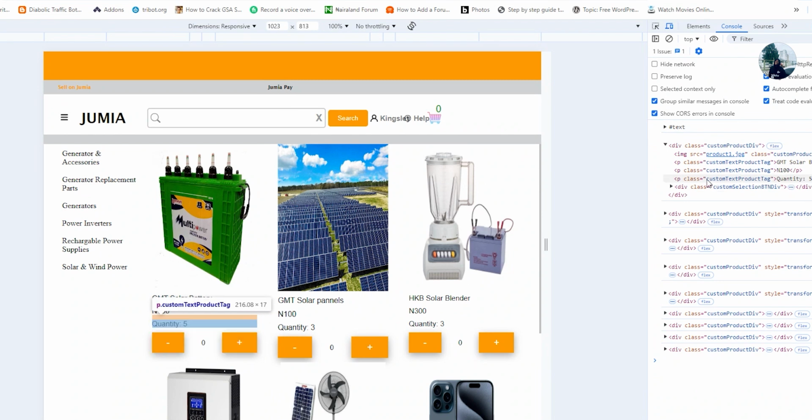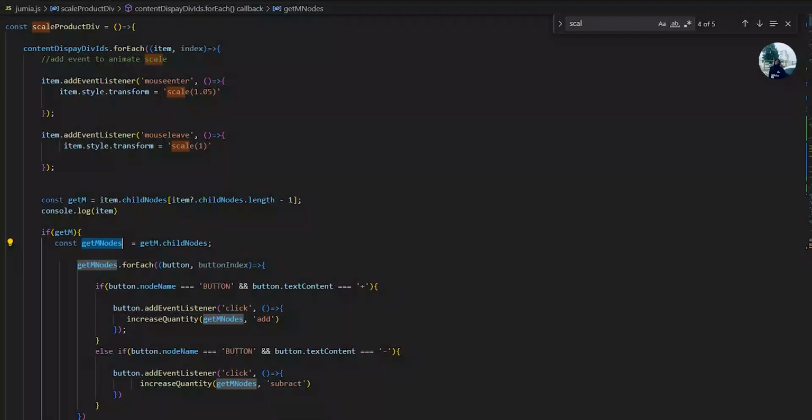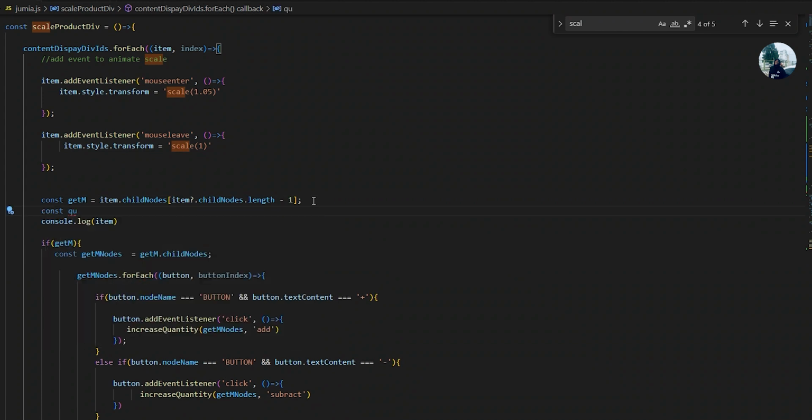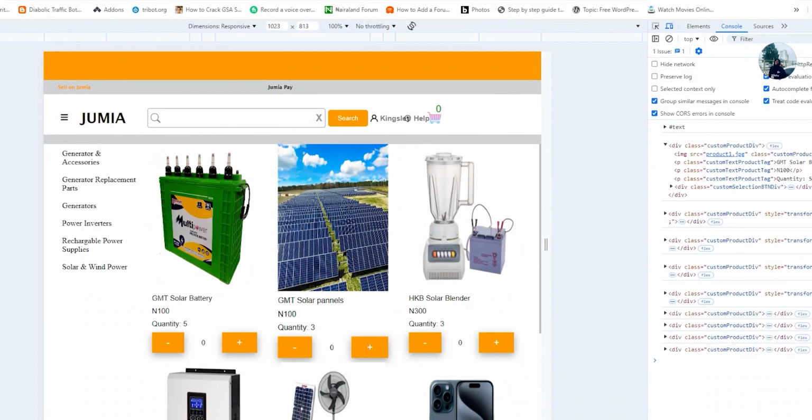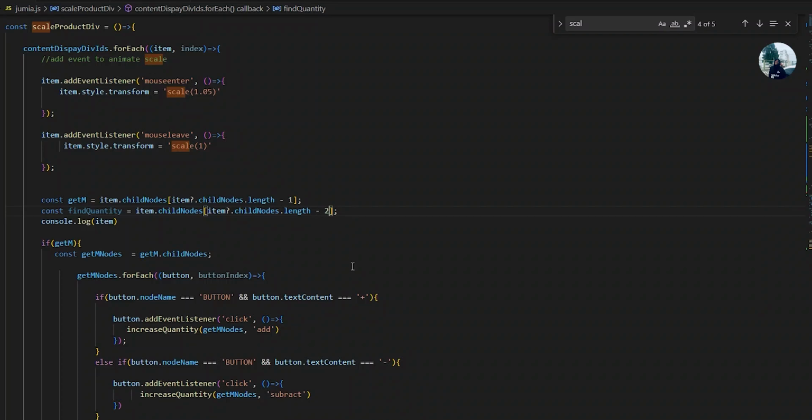Look at the quantity, it is in index position. Since we subtracted 1 here, to get this we'll subtract 2. So if we go here, we can say const find quantity equals this same thing we did here. You just copy it. However, since it is on the second to the last index, instead of subtracting 1, we will subtract 2. So if you check this now,